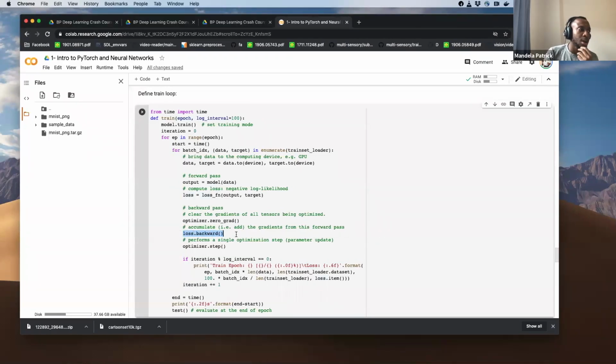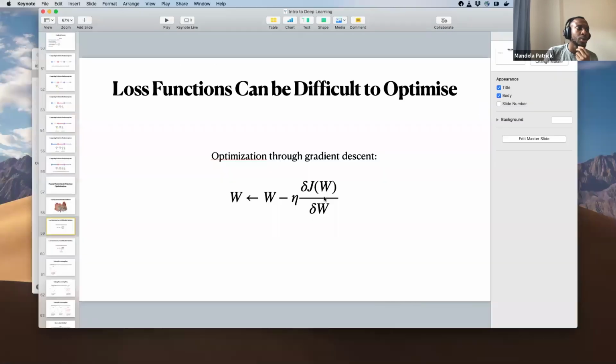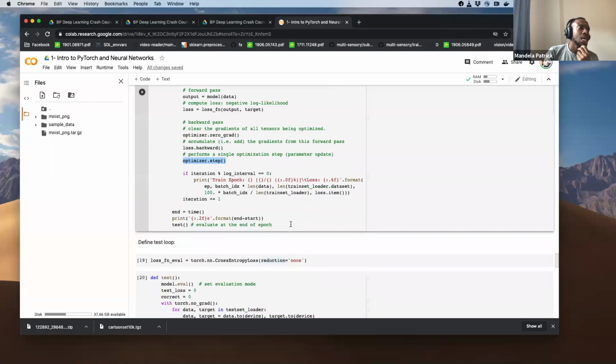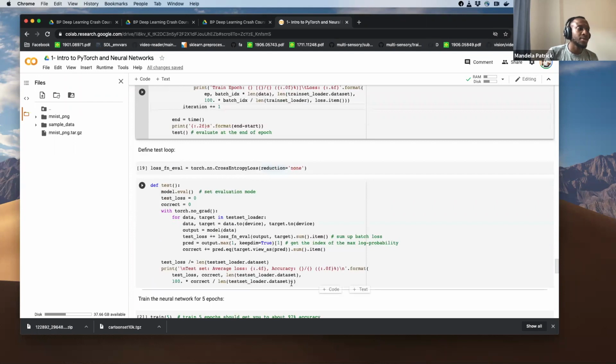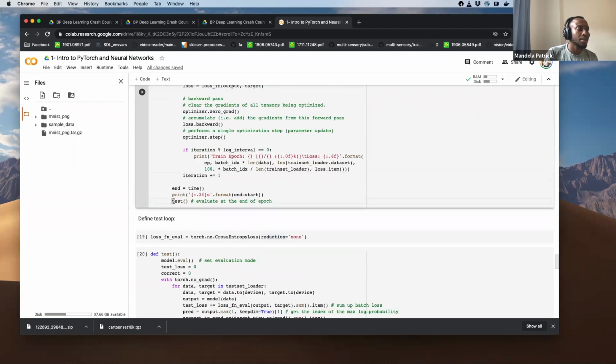It's usually pretty complicated, but PyTorch does all of this for you in the background. And then the optimizer updates the weights of the neural network by factoring in the learning rate and the current setting of the weight parameters. And then we define our testing function, which is run every epoch to measure how well our model is performing.